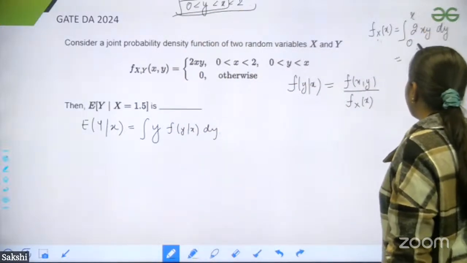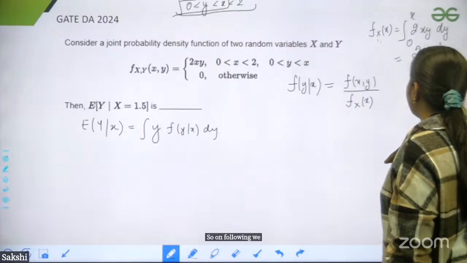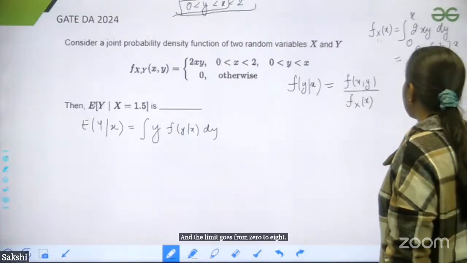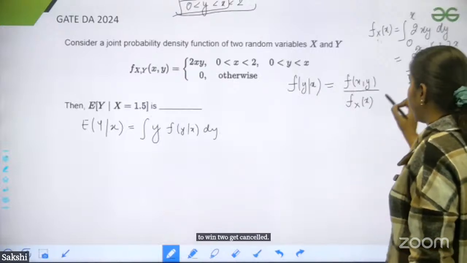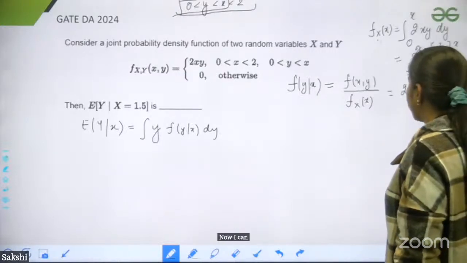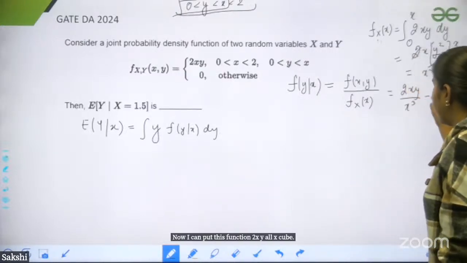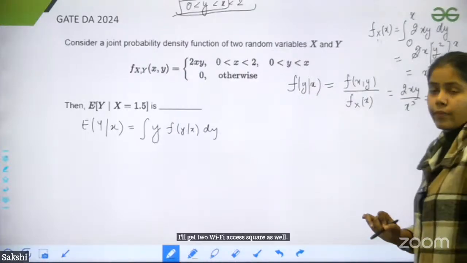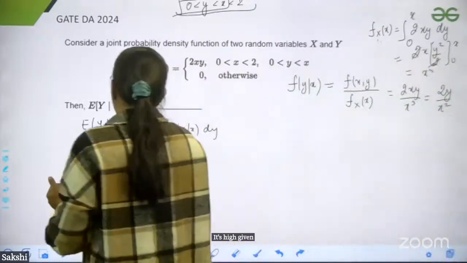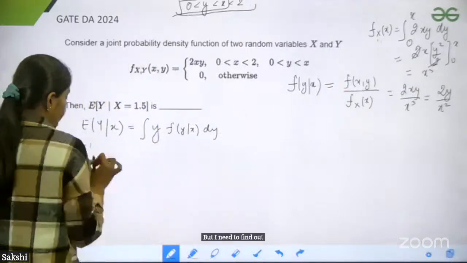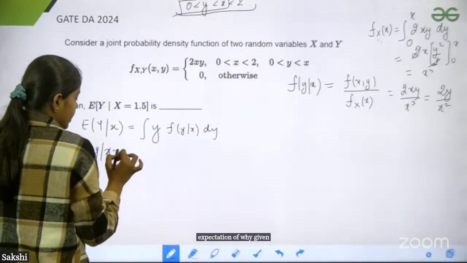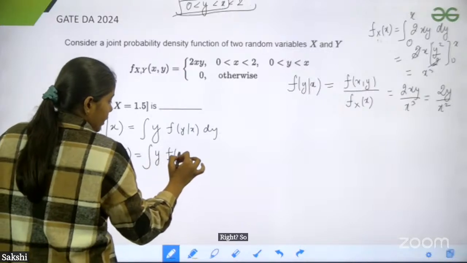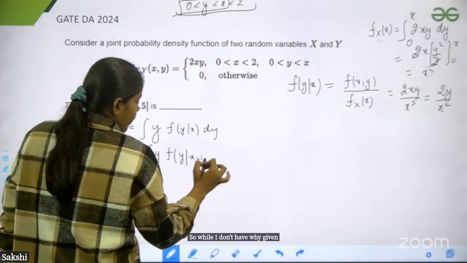So on solving, we get 2x y square by 2, and the limit goes from 0 to x. 2 and 2 get cancelled, we get x cube. Now I can put this function 2xy upon x cube, I'll get 2y by x square as my fy given x. But I need to find out the expectation of y given x equals 1.5, right? So I'll write down fy given x equals 1.5 dy,